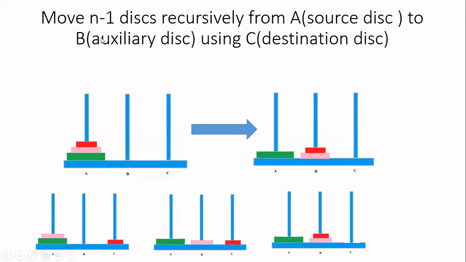First, you see the first step we are writing: move n minus 1 disks recursively from source A to the auxiliary B using C, that is the destination. You are going to move from A to B, that is from source to the auxiliary only. So when I start the step, this will be my input. When I finish the step, this will be my output. If you see this output, we have moved n minus 1 disks to the auxiliary tower. So how are we going to move? How many steps are involved in this movement? We are writing only one statement in the function, but to implement that statement, so many recursive steps will be happening. So what steps will be happening? That we will see now.